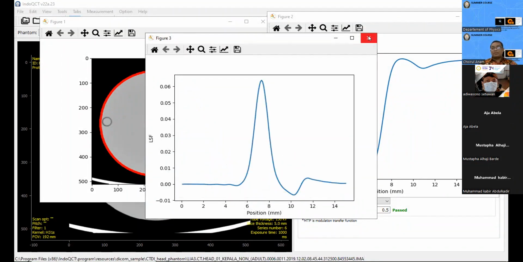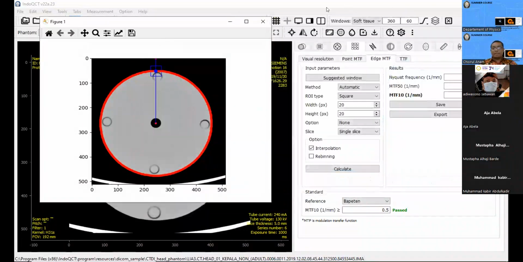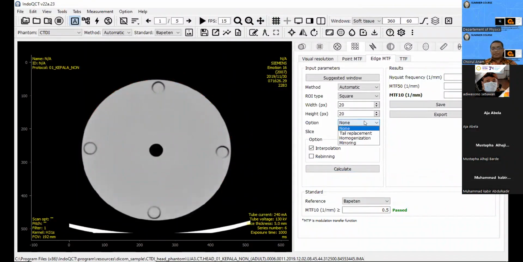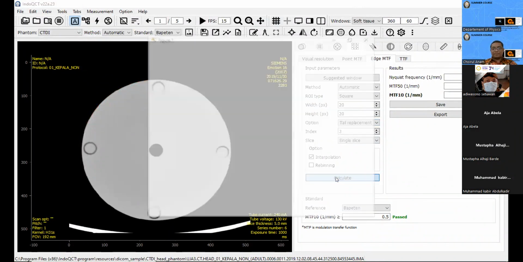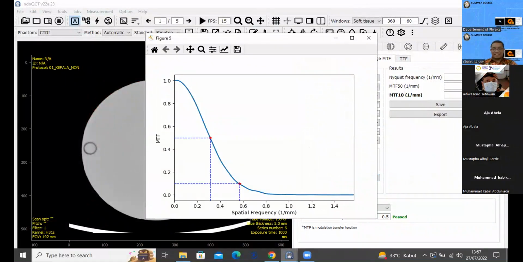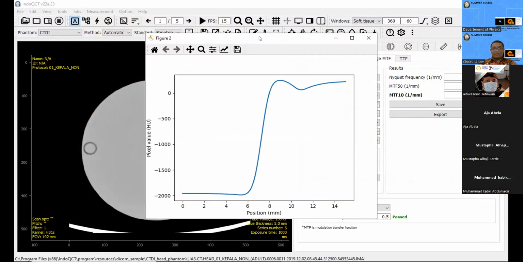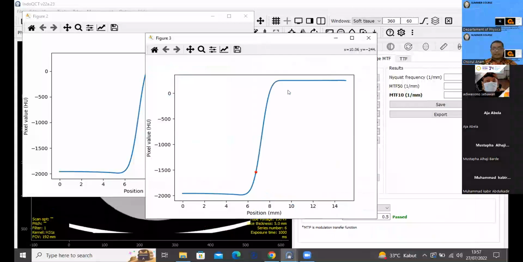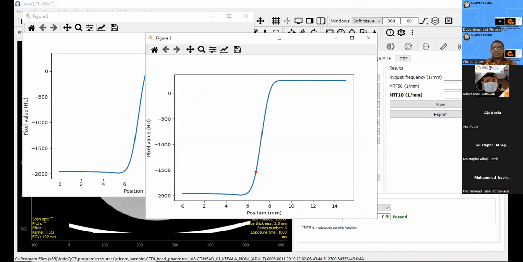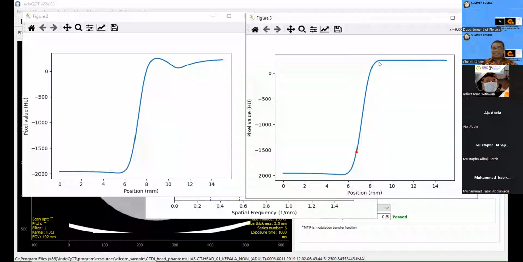Now we will try using tail replacement. I calculate again, and this is the result. This is our ESF before tail replacement, and this is our ESF after tail replacement. We can see the flat tail at the top, because we have already changed this tail.